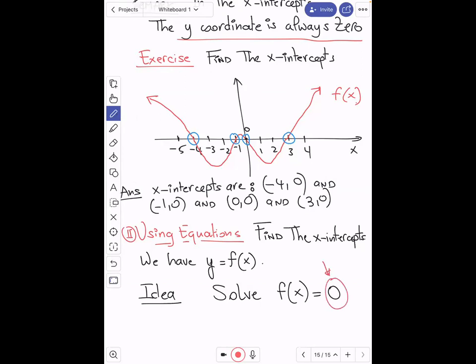I'm trying to find the solutions of this equation, and the solutions will be the values of x for which the corresponding output y is equal to 0. And that's exactly where you have intersection with the x-axis, when your y is equal to 0. So whenever you want to find the x-intercepts, all you have to do is to solve your function f equal to 0. So for example,